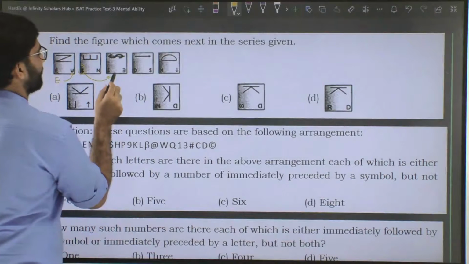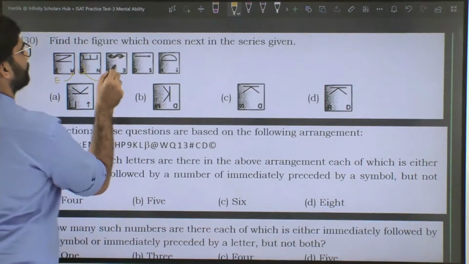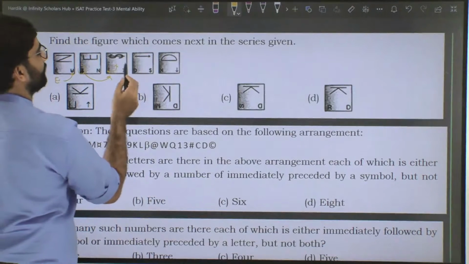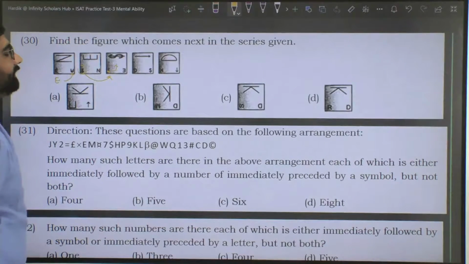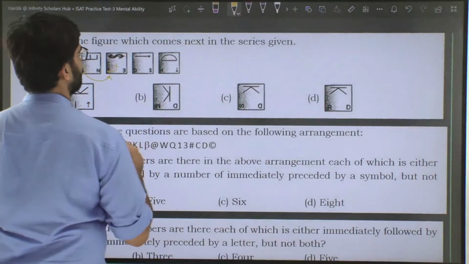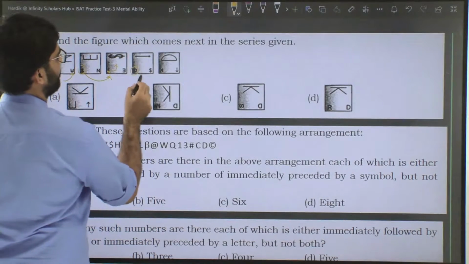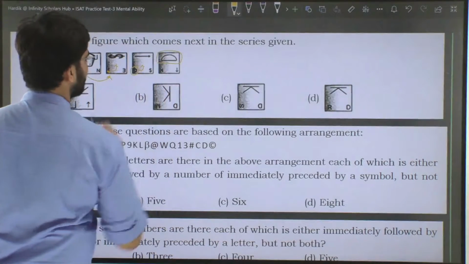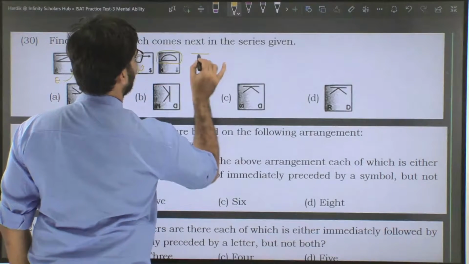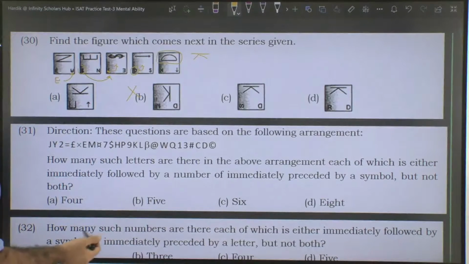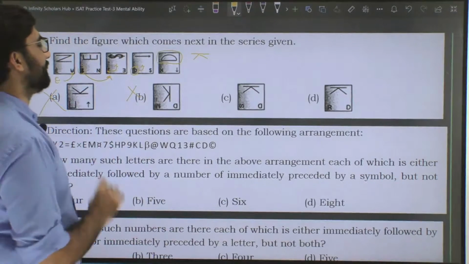If you see this arrow is also rotated by 90 degrees. Okay, because the arrowhead was in the downwards direction, and in the next figure, it is facing towards the east direction. That means it clearly shows that it is rotating by 90 degrees in the anti-clockwise direction. Also this D, if you rotate it by 90 degrees in the anti-clockwise direction, it will look like this. So definitely this K is rotated anti-clockwise, so it will be looking like this. So this option number B is not the correct option. Also the option number A is also not the correct option. So one from C and D is the correct answer.